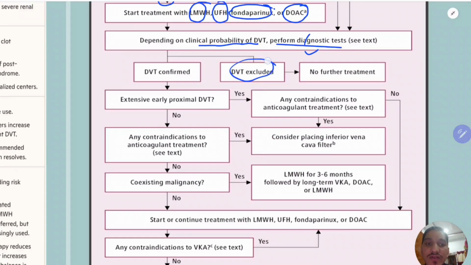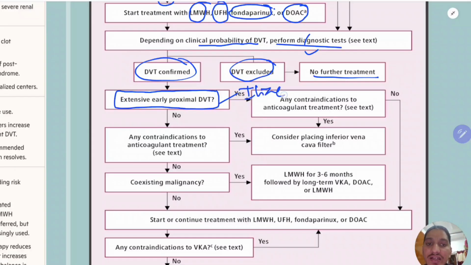Now, if DVT is excluded, then no further treatment is required. Okay. If DVT is confirmed, then you will ask yourself the question whether it is extensive early proximal DVT, for example, whether it is iliac DVT or femoral DVT or popliteal DVT. Okay, these are all proximal DVT. Whether there is extensive early proximal DVT,